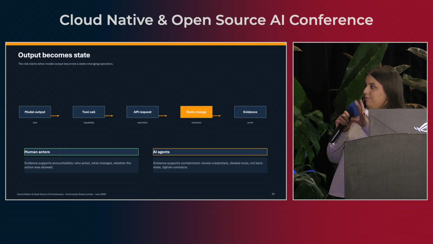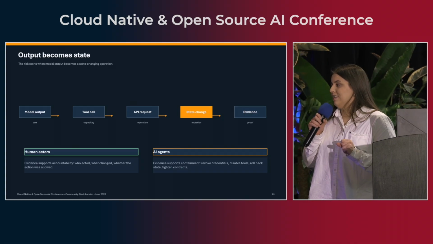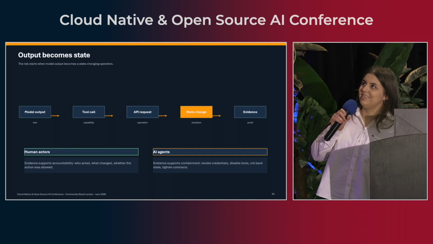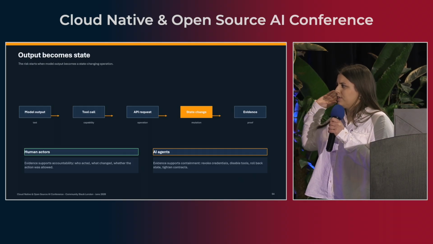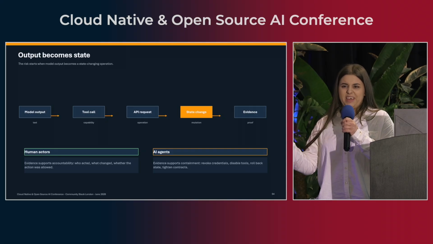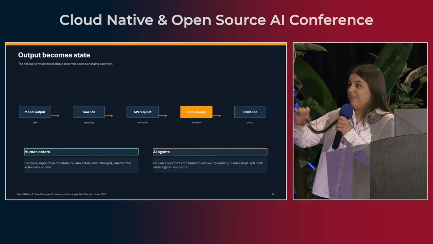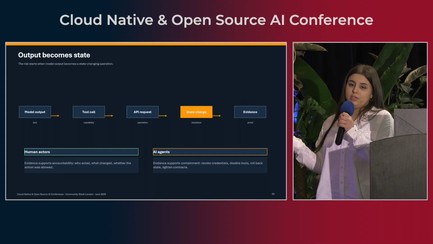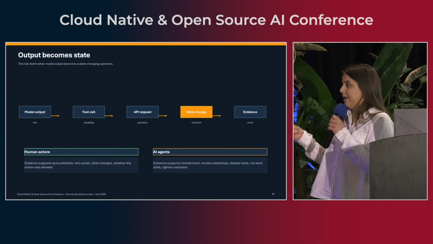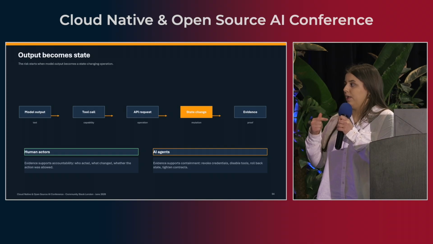So this is what I outlined to myself as the core model output state model. Basically, the model starts as text. So we input some prompt, the model spits something out. We get that model output. Then happens the tool call. The tool call can go to our MCP server. We can have separate MCP servers. We have an agent runtime that can access both of those contexts, and we can call further the capabilities of the tools. Then goes the API request. So some kind of operation starts and executes, and something happens in our system, the state changes.